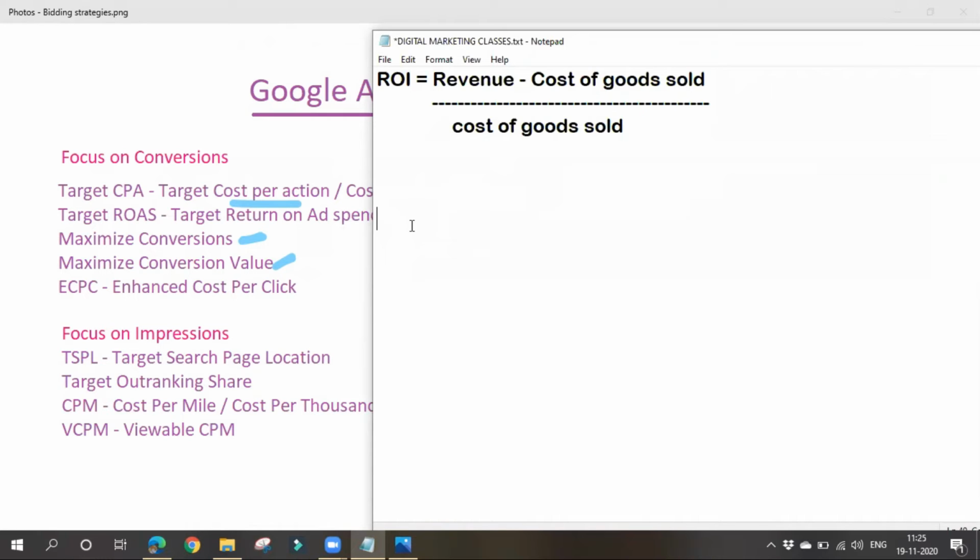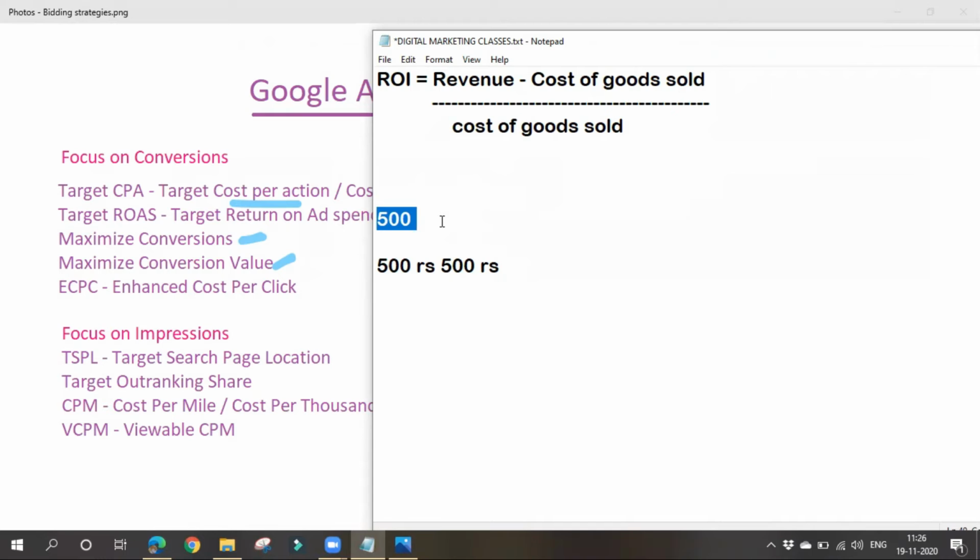In case of maximize conversion value, let's think that we spend some 500 rupees on Google Ads. Google will try to maximize this amount. It will try to get more and more value for you, means more and more amount.